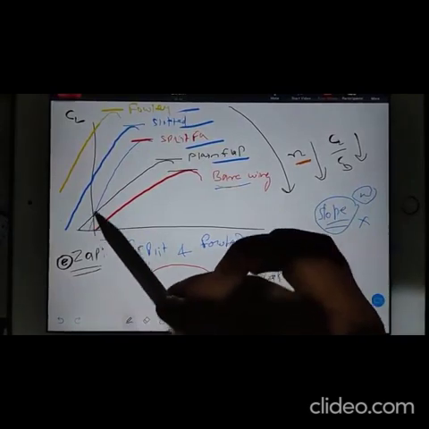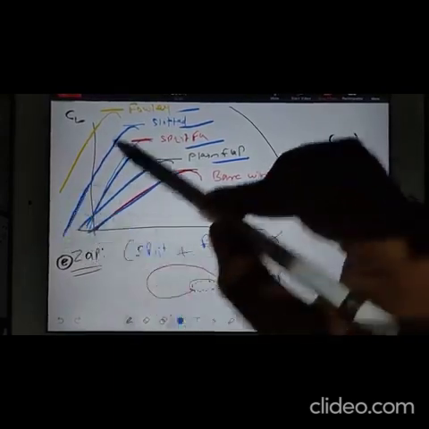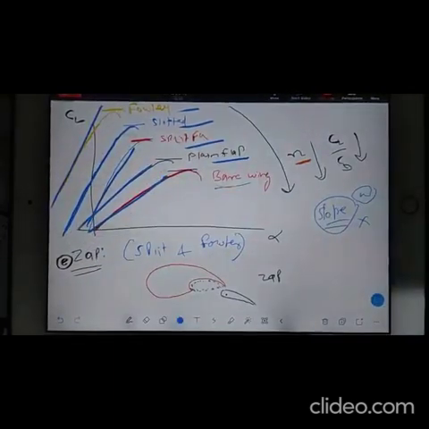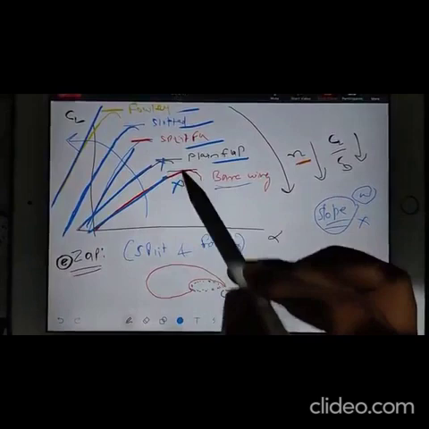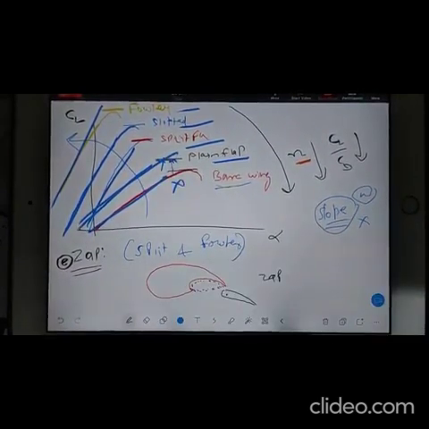Like you can see here, slope is not increasing, but here slope is increasing. Extra slope, slope is increasing. Because area is increasing, right? But plain flap, bare flap, area is not increasing. That's why slope is not increasing. Only CL is increasing. CL max. So think about leading edge slot.